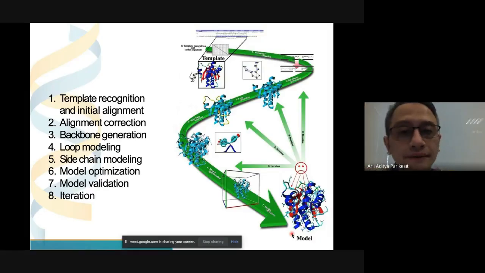You will not see it. It will happen on the server. What you see is you input the sequence, and then you get the model. It's very straightforward.